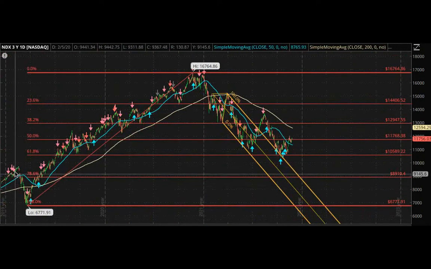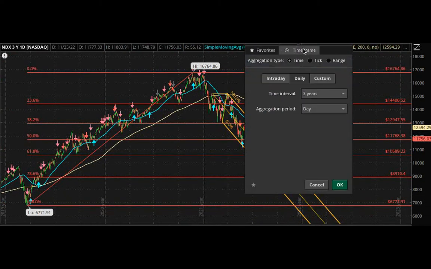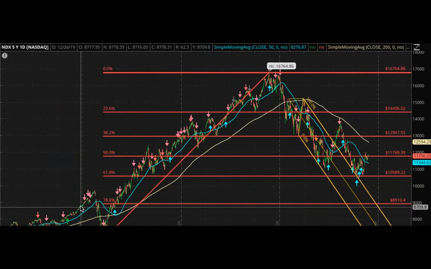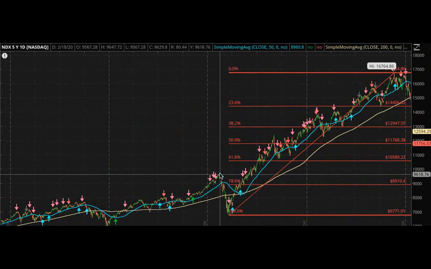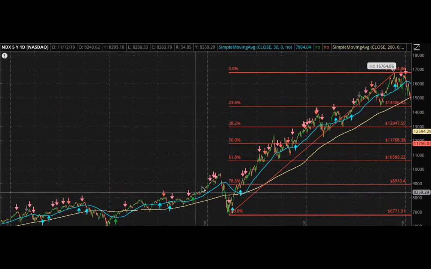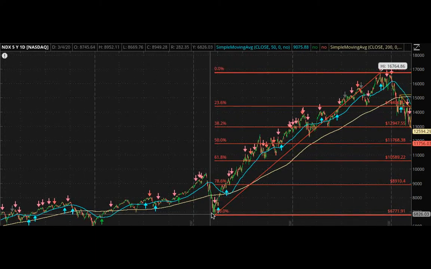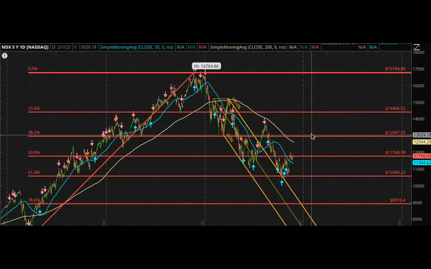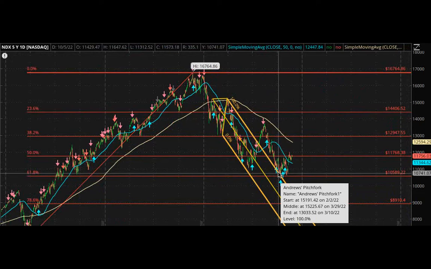For example, how COVID put the Nasdaq down. Let's go to a 5-year outlook just to see what I mean. As we see, the Nasdaq was trending upward, and then COVID hit and put it in a bear market. So until something drastic happens, like COVID brought it back down here, and then the end of COVID or the resurgence of the market is what got it going back to a bull market. Until something happens to change that transition, we'll continue being in a bear market.